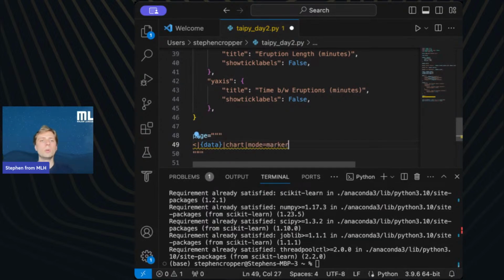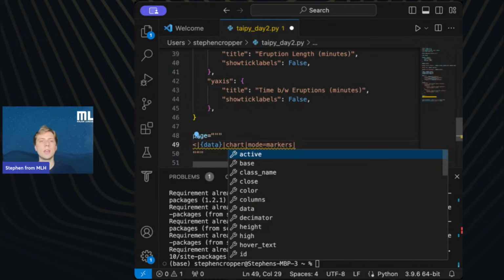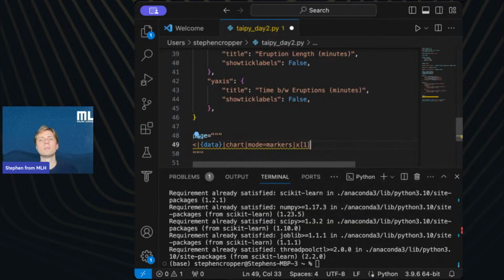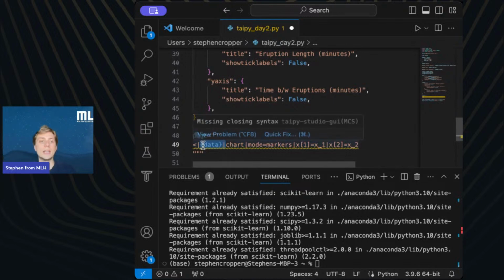And then we wrote mode equals markers to indicate a scatter plot. And x1 was x1, x2 was x2. This is showing the x data. So we want 2 different x datas, one indicated by the x1 and one indicated by the x2 keys of the data dictionary.